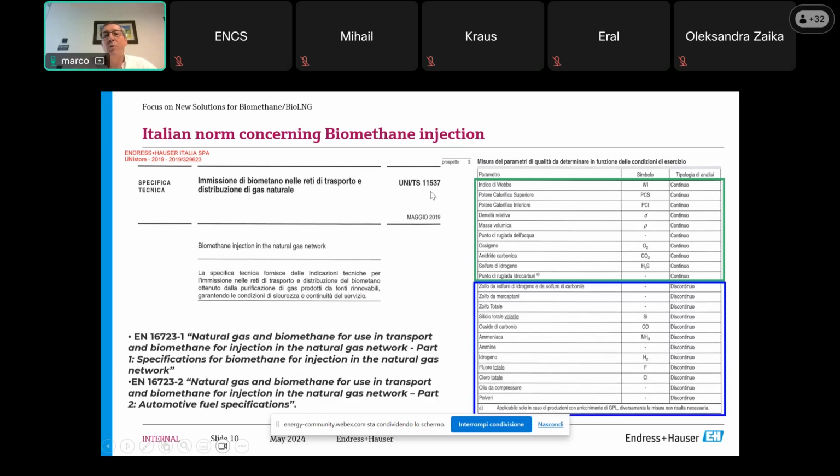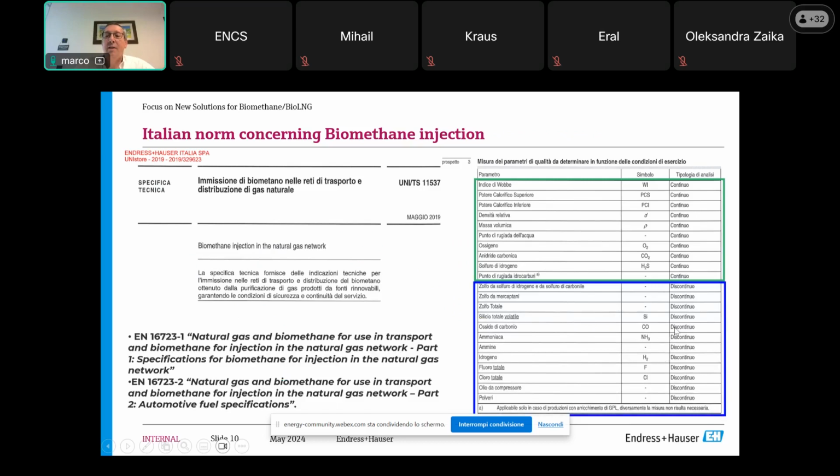We have a specific rule, which is called 11537, which imposes some analyses on a continuous basis, and as I said before, is VOB, calorific value, density, moisture, oxygen, CO2, hydrogen sulfide, and hydrocarbon dew point, but only if biomethane is submitted to a GPL injection, LPG injection, and other analyses which are prescribed on a not continuous approach,